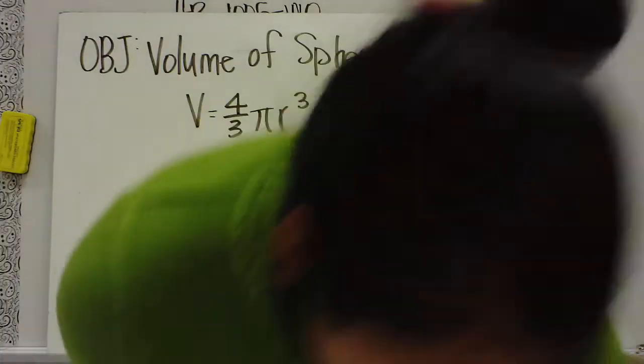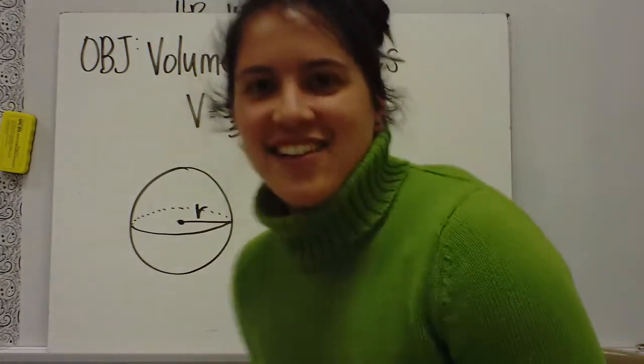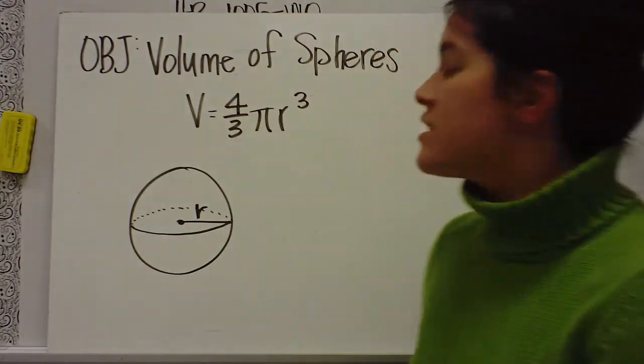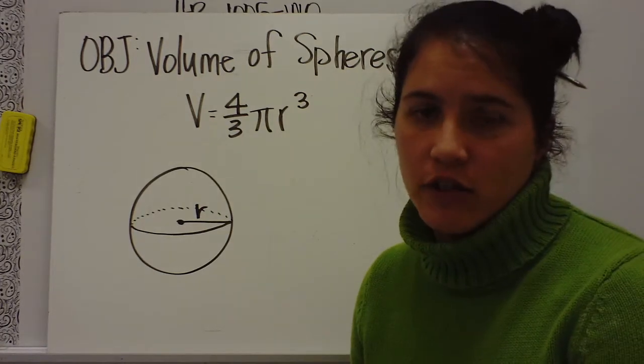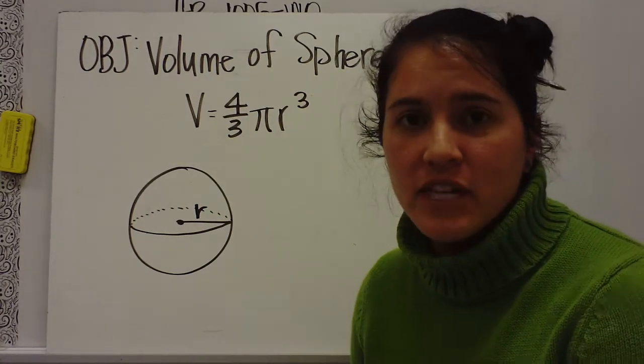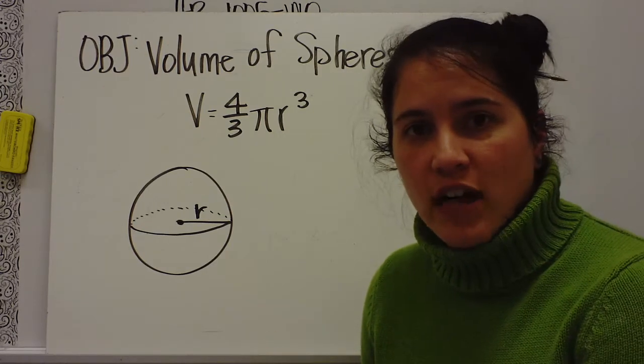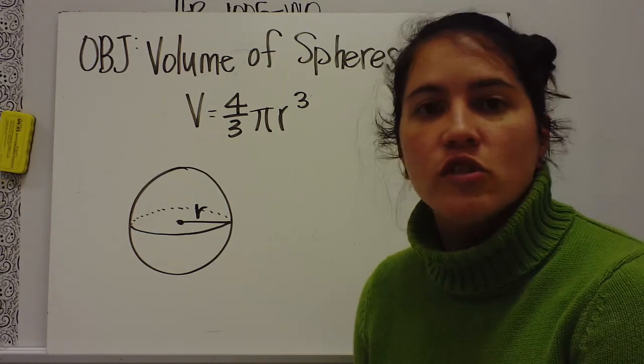Hey y'all. So today's lesson is on volume of a sphere. A sphere has its own unique volume formula. It's derived from a cylinder, and a cylinder is pi r squared h, and a sphere is 2/3 of that